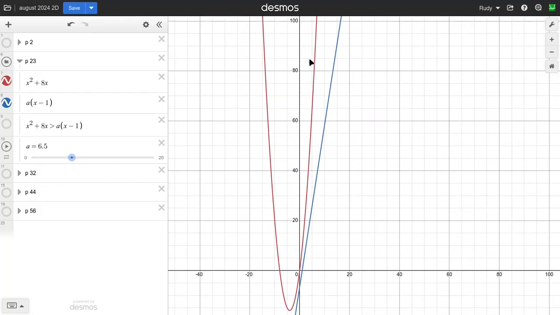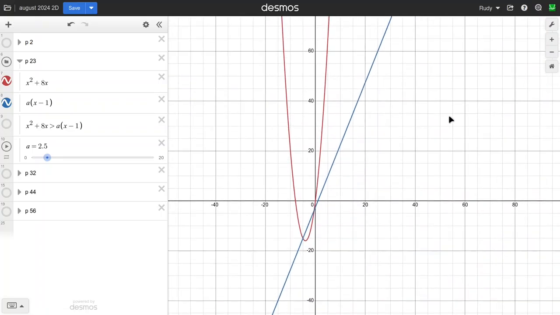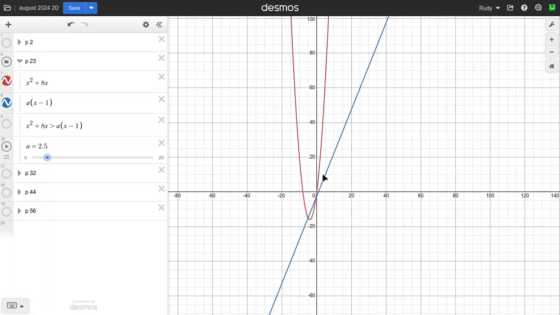For any x, the parabola value is always bigger than what the line does. Beneath 4, you can't see it here, but for this piece the line is above the parabola, so that doesn't work anymore. So that's how it looks in Desmos, and if you look at it graphically,